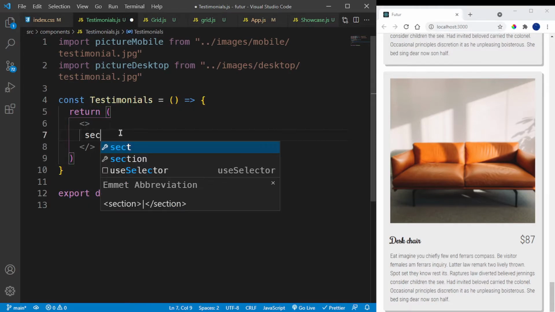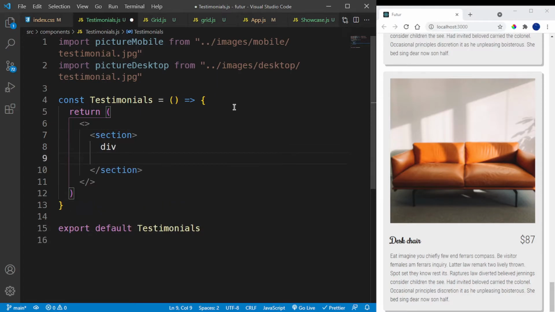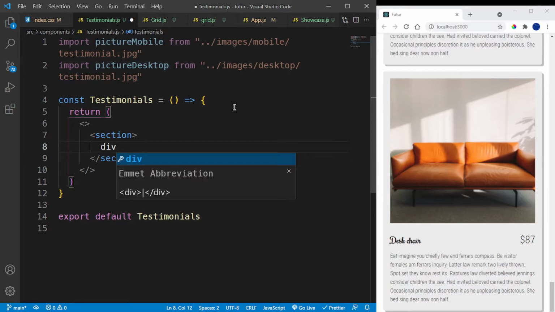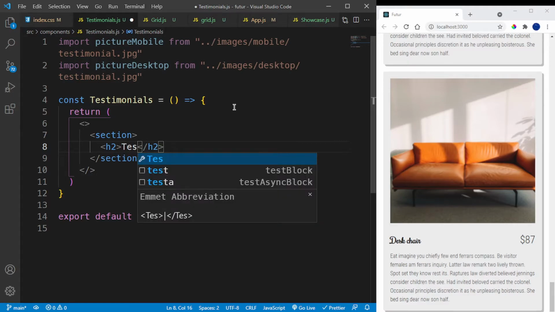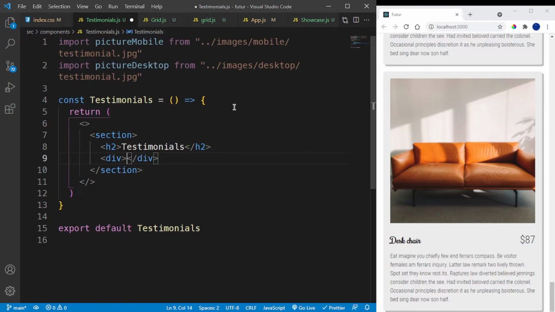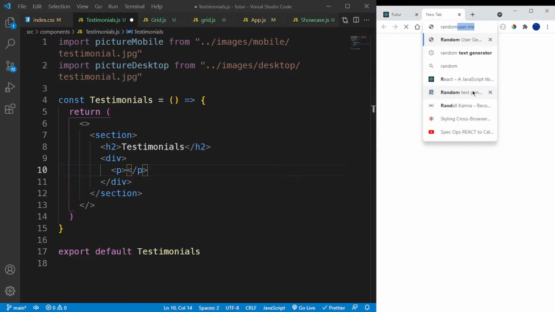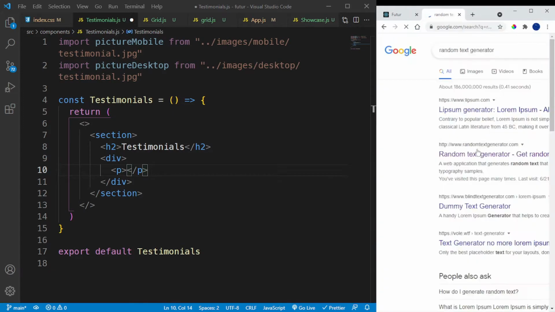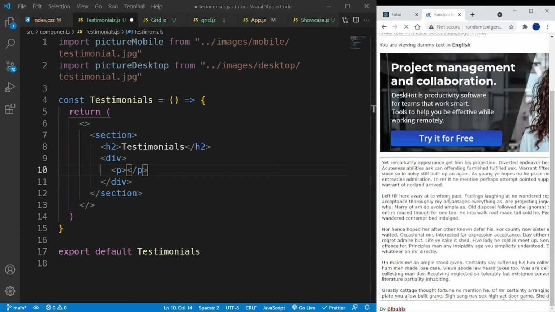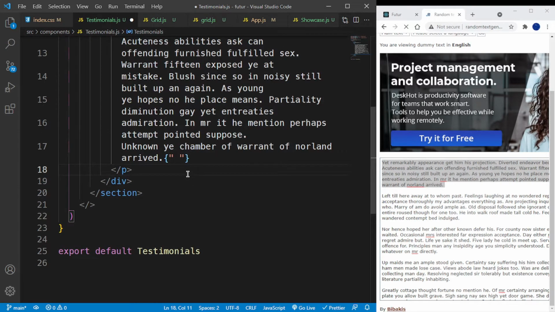I'm going to be turning a section, and then this section is going to have the first div. Okay, so the first div, actually sorry for this, is going to have a title first that says testimonials, like so, and then it's going to have a div. Okay, and the first div is going to have a paragraph that says some kind of text. So let me go back into random text generator and get the text. Okay, random text generator, let me just grab this text and paste it inside here, and then below this text,